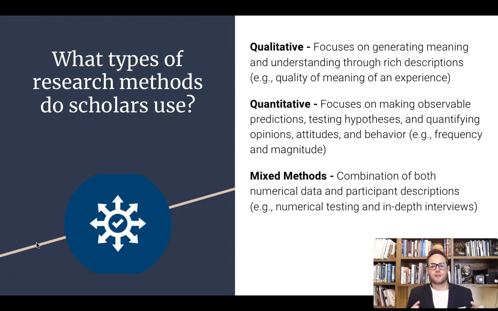Really, quantitative research looks at the frequency and magnitude of a particular phenomenon. And so obviously this deals with more statistical analyses and empirical data such as numerical data, to see if the numbers can predict